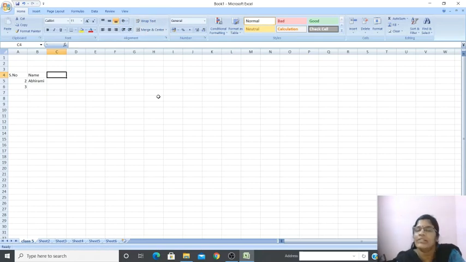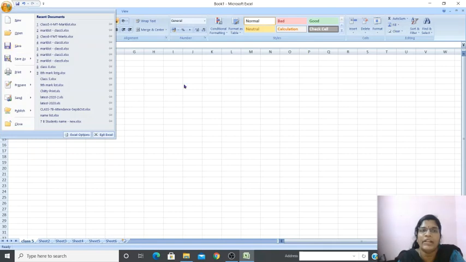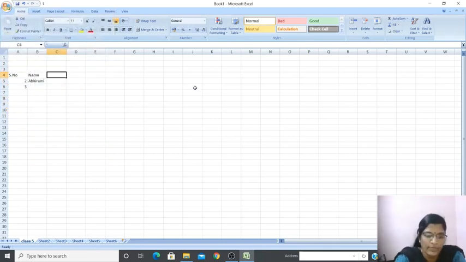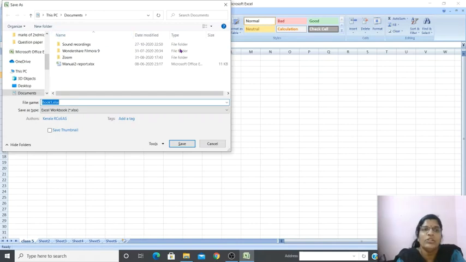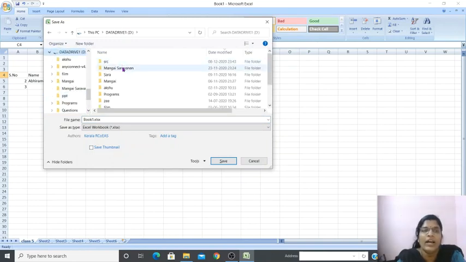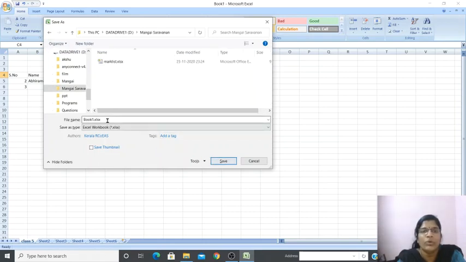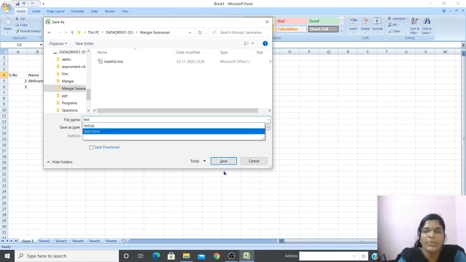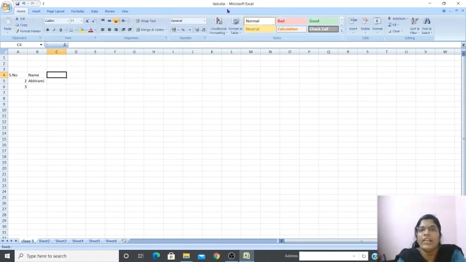Saving is the same procedure. Control S, or go to the Office tab and then click on the Save button. Let me use Control S. You can see the Save As dialog box appears. First select the location where you want to save it. As you know, I always save it in Data drive 1 in my folder. The book name you can give in the file name box. The name I want to give is test. After typing the name, click on the Save button. The file will automatically be saved as